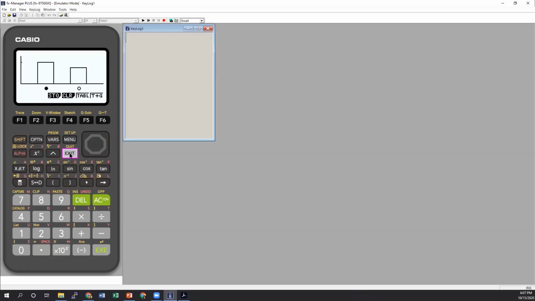Now do realize when I press exit, that means I'm going to go back out to the initial probability simulator menu, so it will clear out all your data. So if you're not done with the data that you just collected or simulated, make sure that you don't press exit. It does at least give you that nice pop-up message to remind you that you're going to lose all your data. So now if I go back into coin toss, I have to start back over. But like we showed you with plus N, it's very easy to collect the data again.